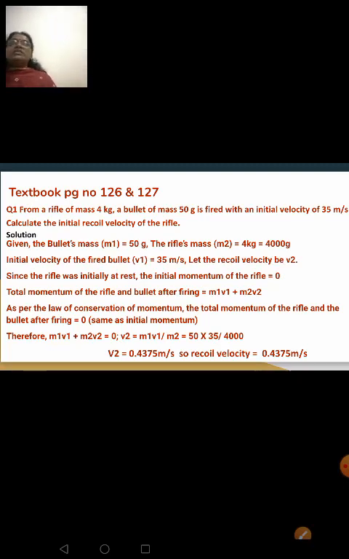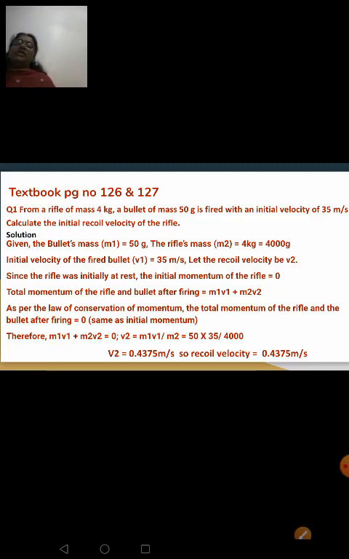Right. But the question is not to calculate your initial momentum and final momentum. The question is to calculate your V2. So we are using this formula related to your law of conservation of momentum. Right. It will be easy then. So now, total momentum of the rifle after firing the bullet out from it will be your final momentum. That is your M1 V1 plus M2 V2. While teaching the derivation, I have used the terms MAUA, MBUB, MBVB, MAVA and all. Instead of that, we are using numbers.